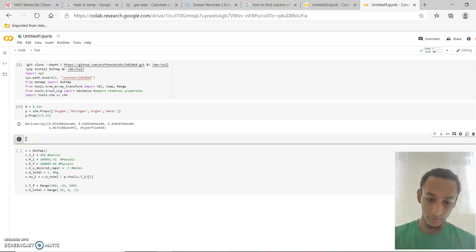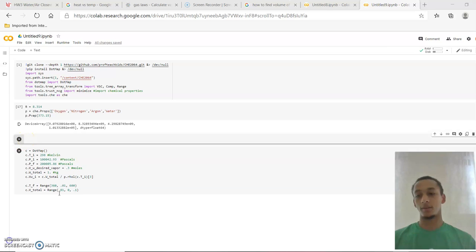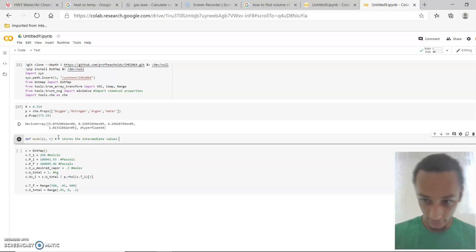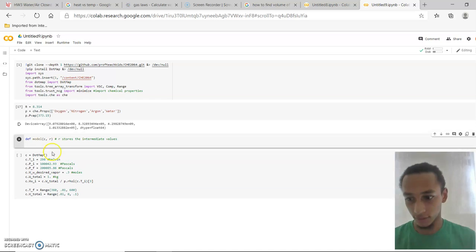So then you define your model. So define model C R, and this is where R stores